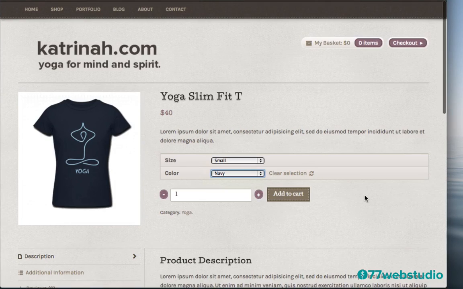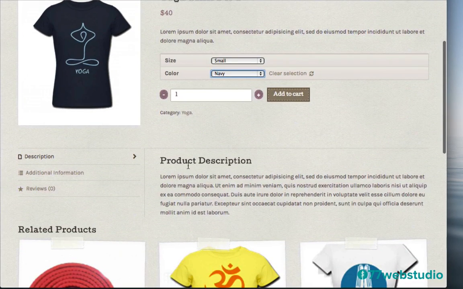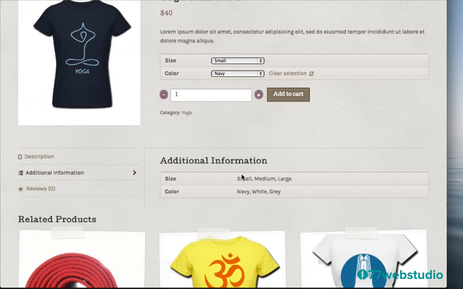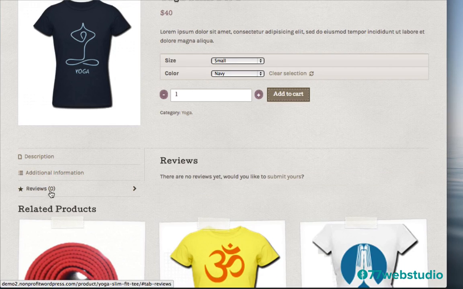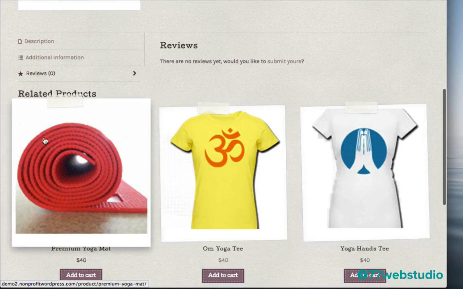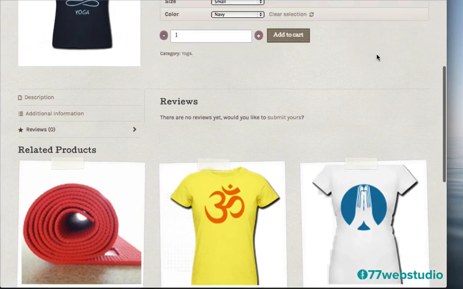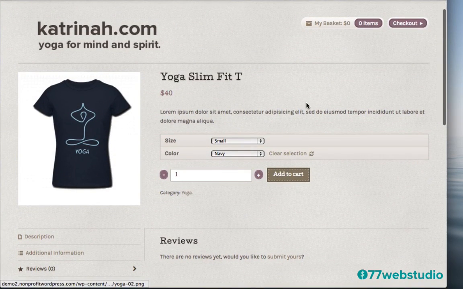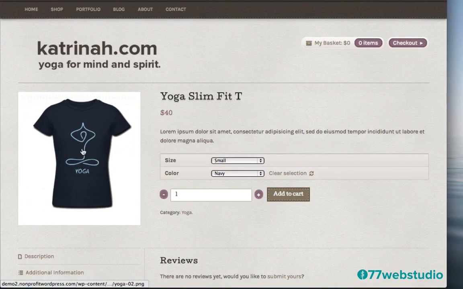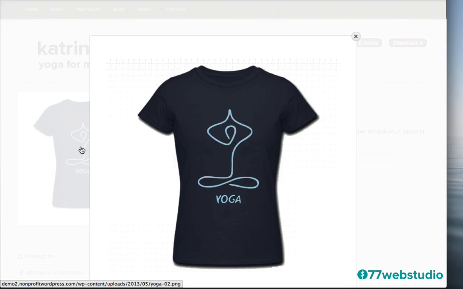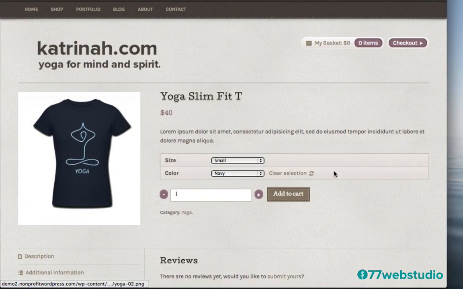Just underneath this section, you'll have another section with a longer product description as well as additional information, which will include the attributes once again in another box here that says additional info. Then you'll have a review section, and we don't have any reviews at the moment, but when you do have reviews, they'll show up right here as well. Just underneath that, finally, you'll have the products that are related to the product featured on your product page. One other thing to note, when I click on this particular thumbnail image, you'll note that there's a lightbox display and you'll have a much larger version of your product, so it's a lot easier for everyone to see. So this is what the product page will look like.